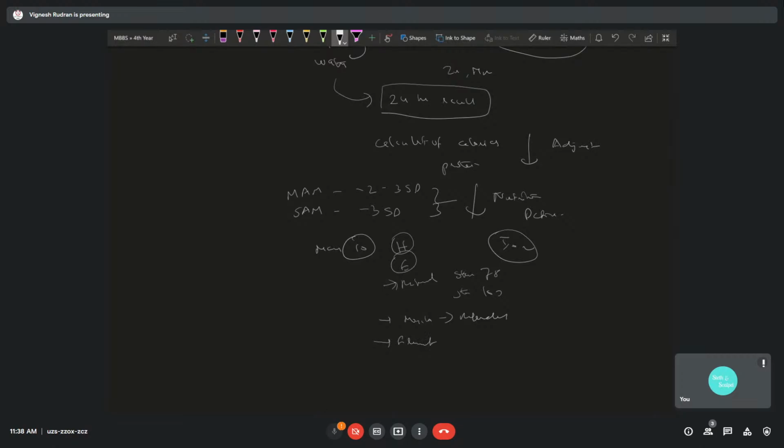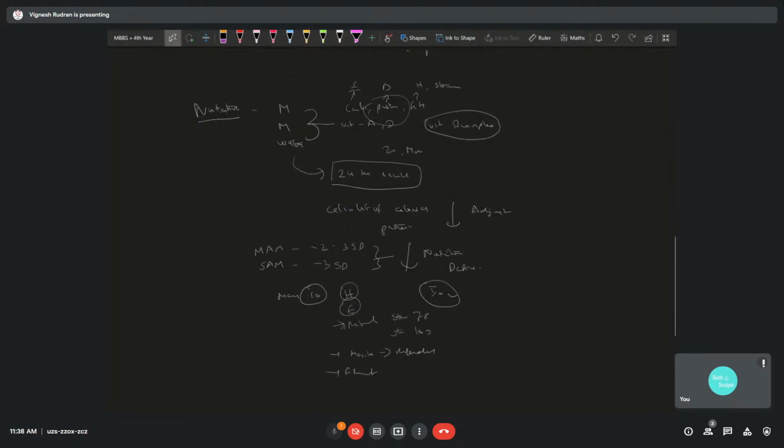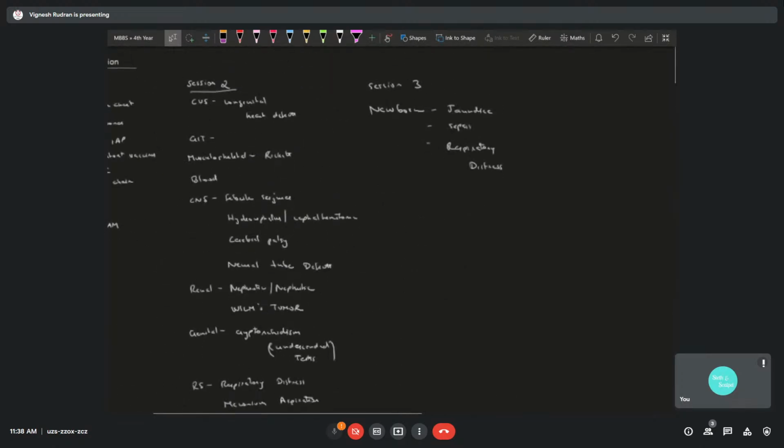So there will be 10 steps given in your OP guide, so you can go through them. But logically speaking, first the emergency things like your hypoglycemia, electrolytes you balance, then you start refeeding, and then you check if that baby is recovering on all of that, and then finally you educate the patient and send that patient home. So that will be the end of the first session.